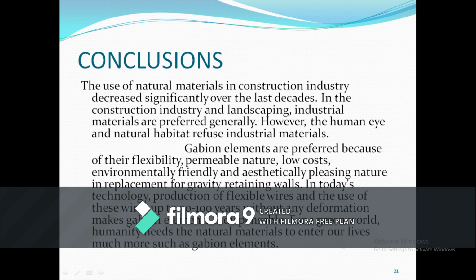So when compared to gravity retaining walls, the heavy masonry structures, we are preferring these Gabion elements, which are made with eco-friendly elements, are aesthetically designed, and don't require much maintenance. So in those places, these Gabion elements are being used.